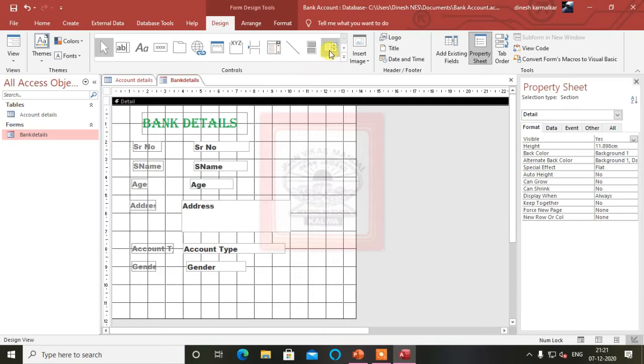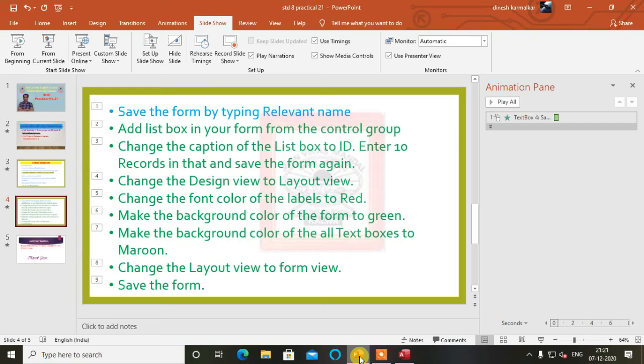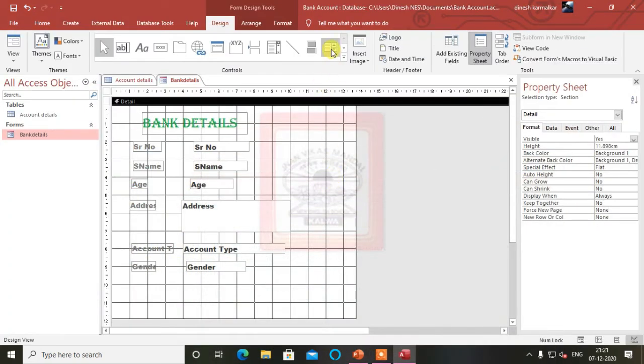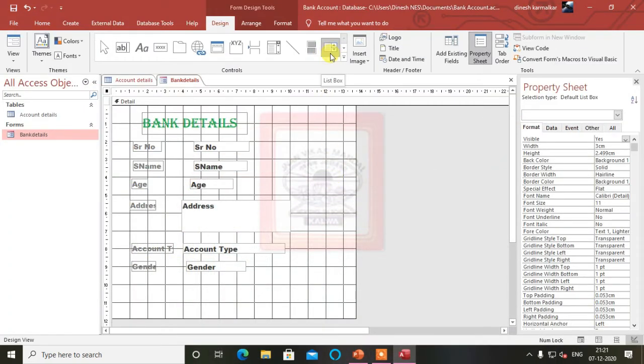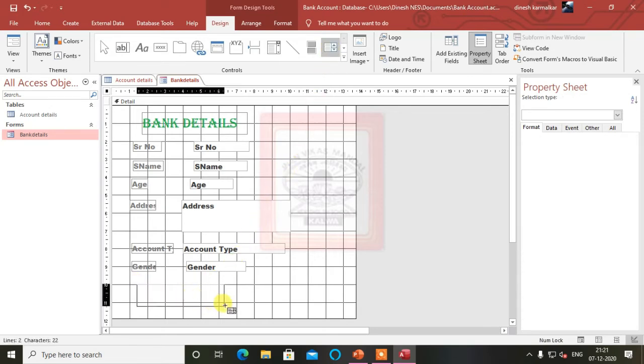Now we are going to add this list box here, because we are told to add it. So I will select the list box, drag it down, and design it here. A very small list box we will take, not a bigger one.